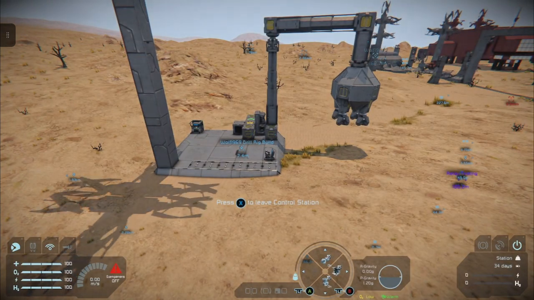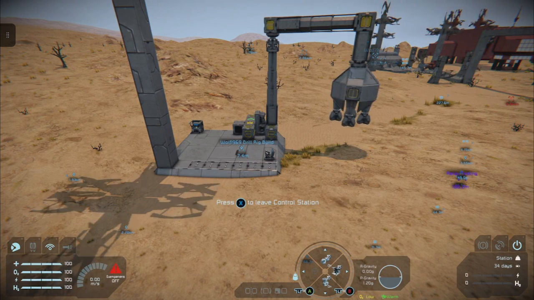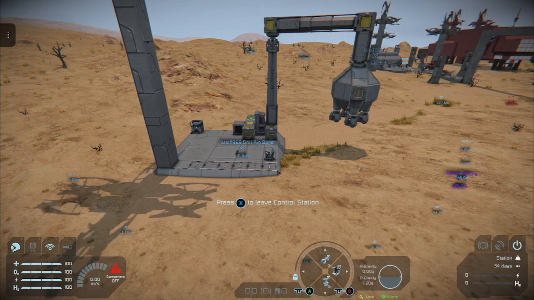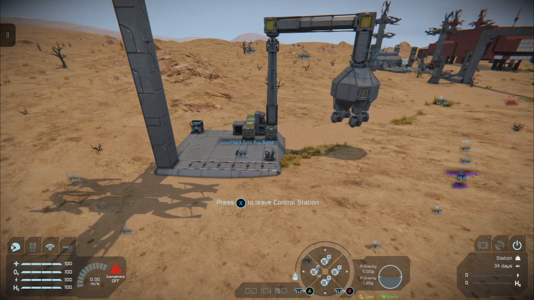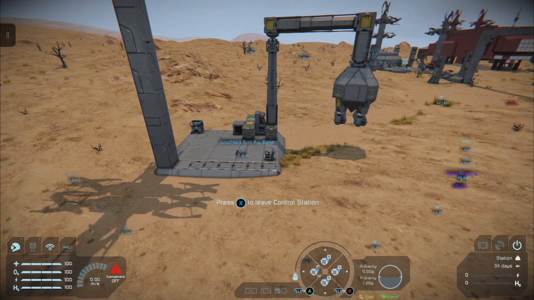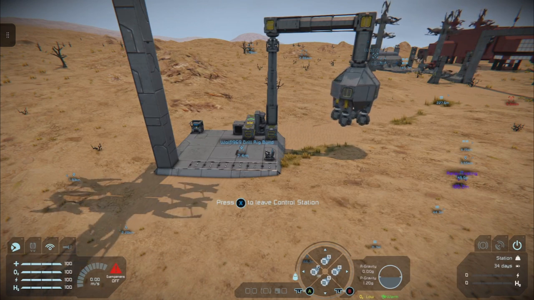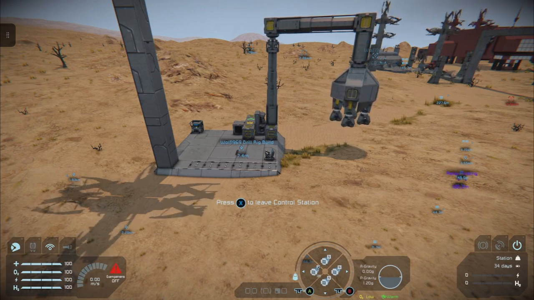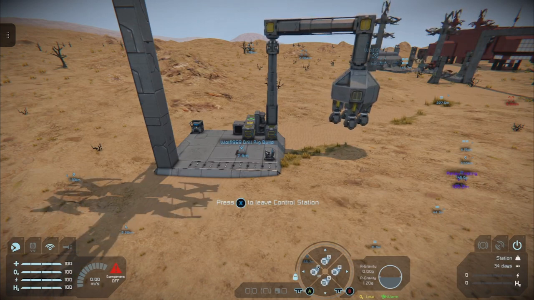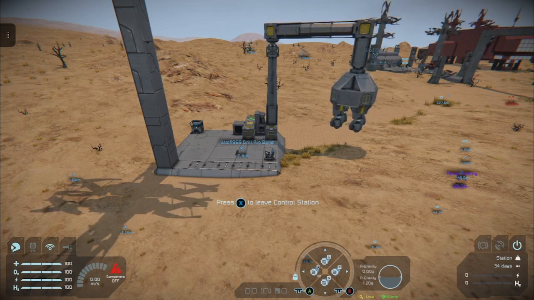Exit the camera view for now. And what we want to do is move on to our next page. And we can start to look at lowering our main boom, which will start to bring the drill down.